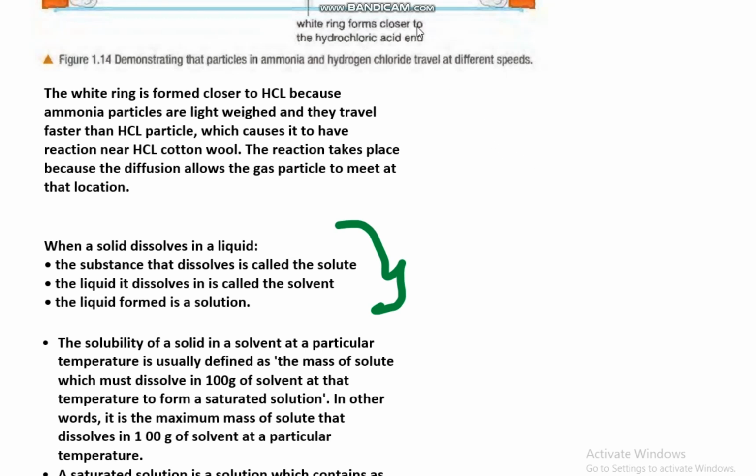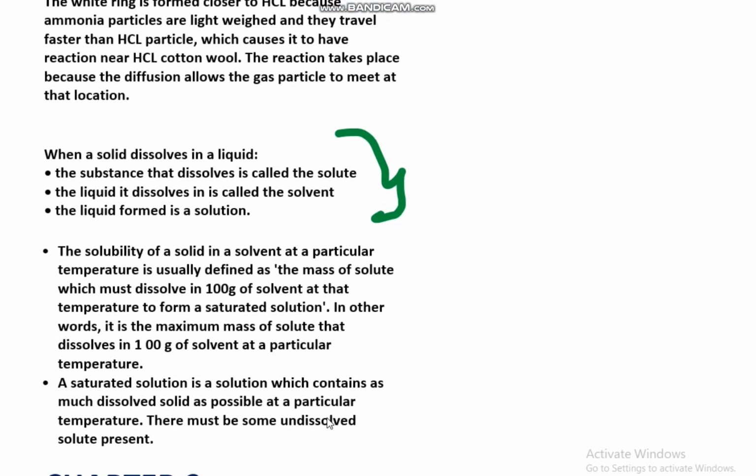Solubility of a solid in a solvent at a particular temperature is usually defined as the mass of solute which must dissolve in 100 grams of solvent at that temperature to form a saturated solution. In other words, it is the maximum mass of solute that dissolves in 100 grams of solvent at a particular temperature. So this is a definition. There's nothing to explain. This is a simple thing. You just